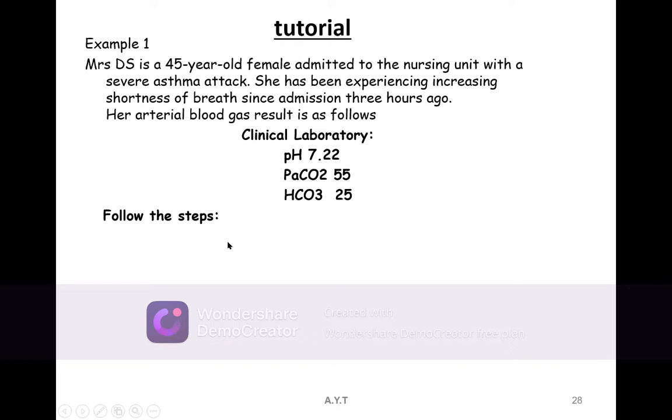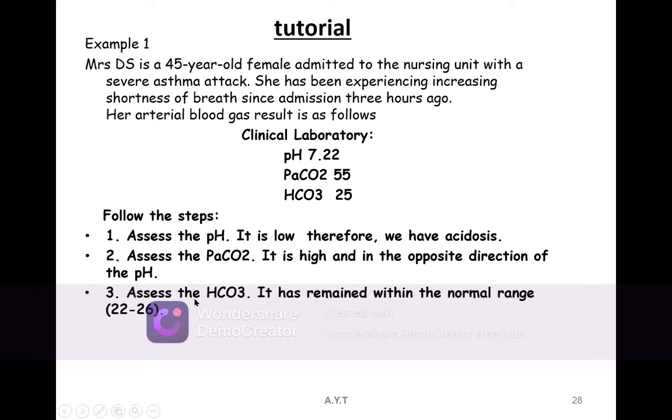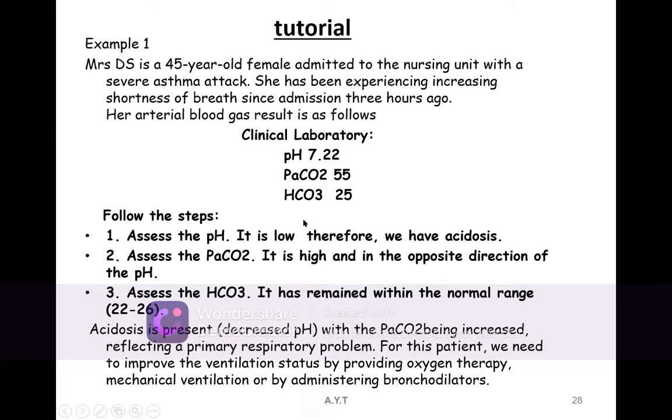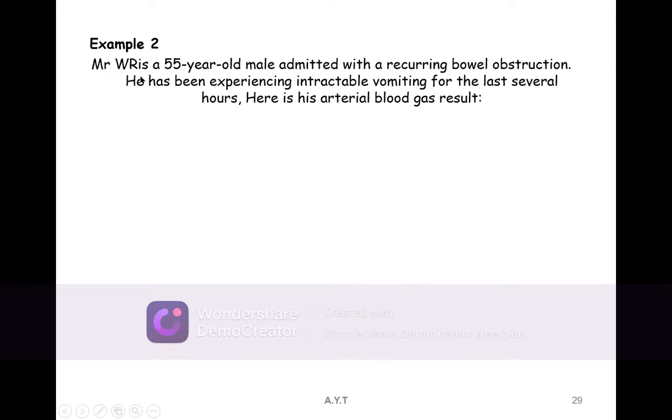acidosis. The first step is to assess the pH, it is low, therefore we have acidosis. Assess the PaCO2, it is high, in the opposite direction of the pH. Assess the bicarbonate, it remains in the normal range. It should be compensated by the bicarbonate levels. The kidney should be activated to excrete it. It is uncompensated